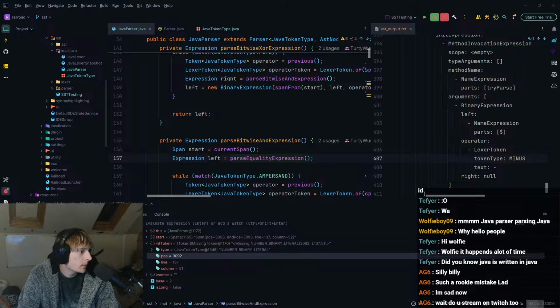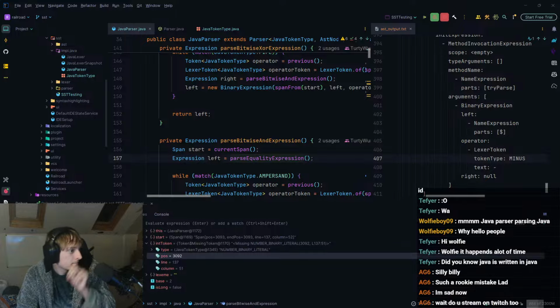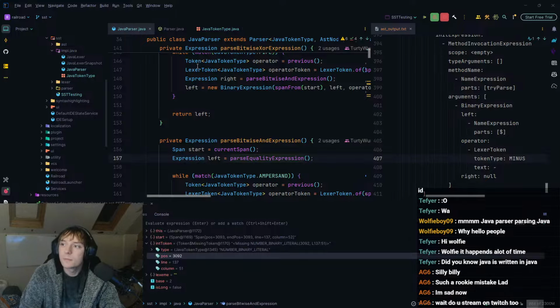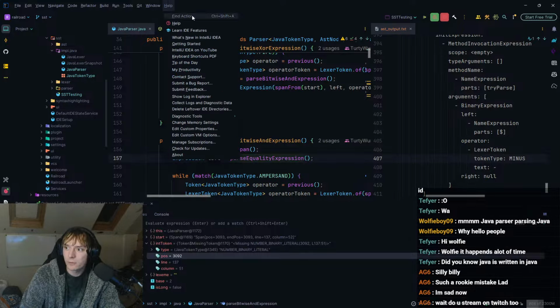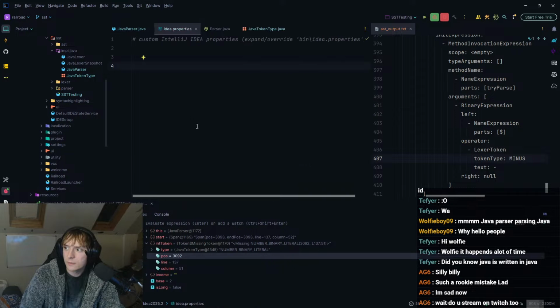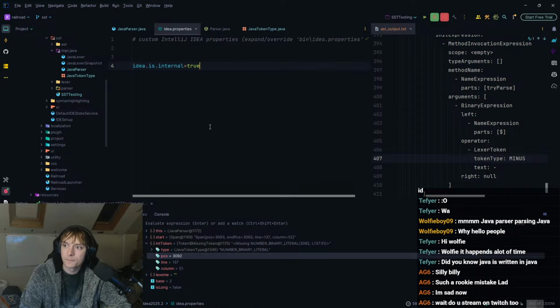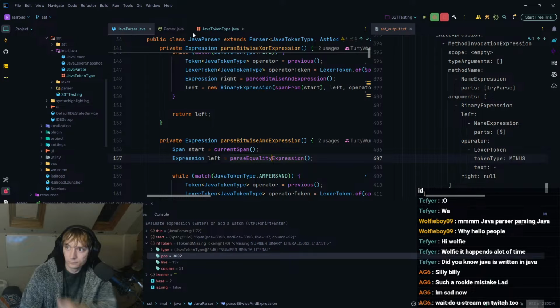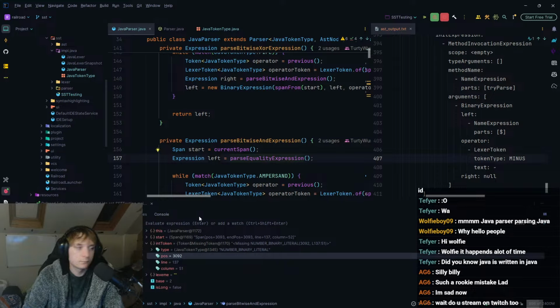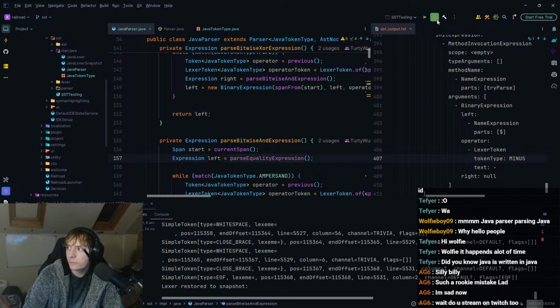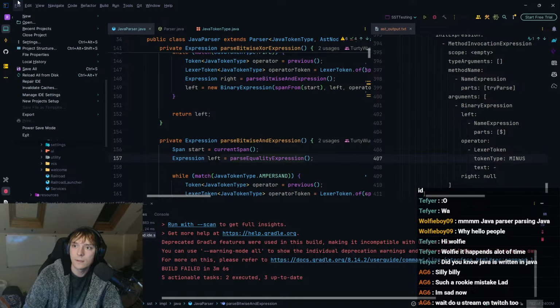Oh, I see. Apparently, it's not a thing because... Okay, there is a way to do it, but like... I kind of want to try this, actually. I'm very curious. Edit custom properties. Apparently, you can add this. And apparently that means that you can just put it in there. I probably have to restart the IDE.